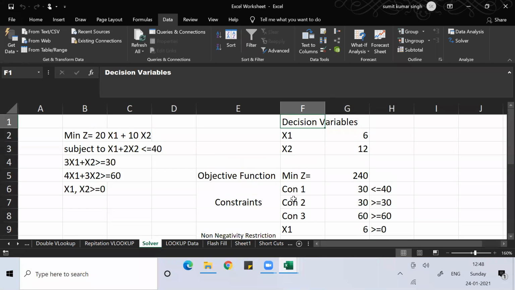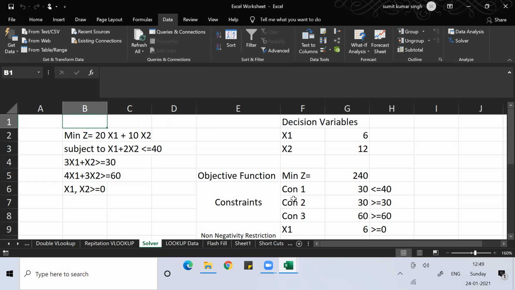Imagine you saw your previous year question paper and you're trying to solve it by the simplex method. I believe you have studied the simplex method, or the two-phase method, or the Big M method, and you may be confused. You're not sure whether the answer you get is correct or wrong. So put everything in Excel and do it like this, and you'll get the answer. I hope this part is clear with everyone. So you can use Solver in Excel to solve any problem that involves calculation based on LPP.